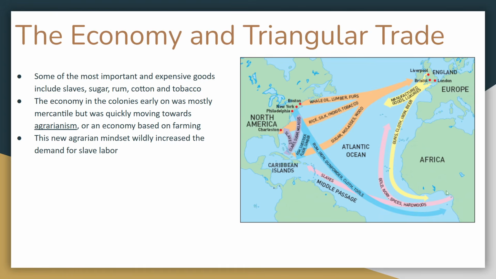So all of the guns that get traded for slaves over here, those slaves are going to come mostly to the Caribbean, and those slaves are going to work on sugar plantations almost entirely. It is very hard to overstate how many slaves went to the Caribbean to simply work on sugar plantations. Why is sugar such a big deal?